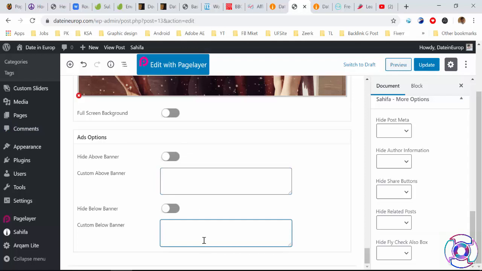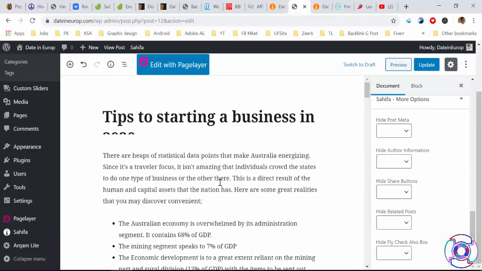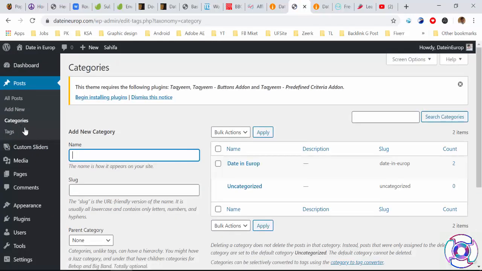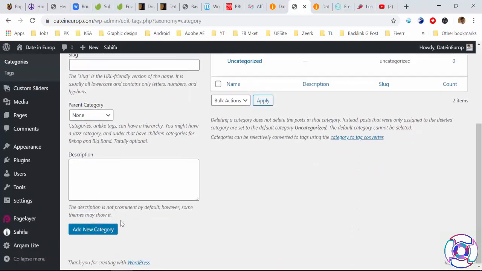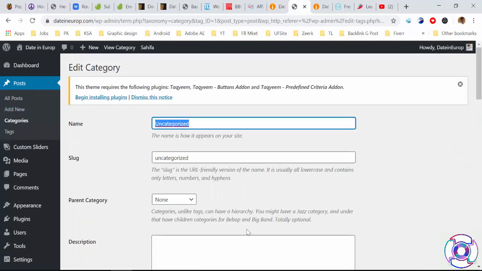So in this video we have covered our post and ads. We are going to click on categories. So here we have different categories. If you want to edit, I'm going to click on edit, and this I'm going to click on date and any word.